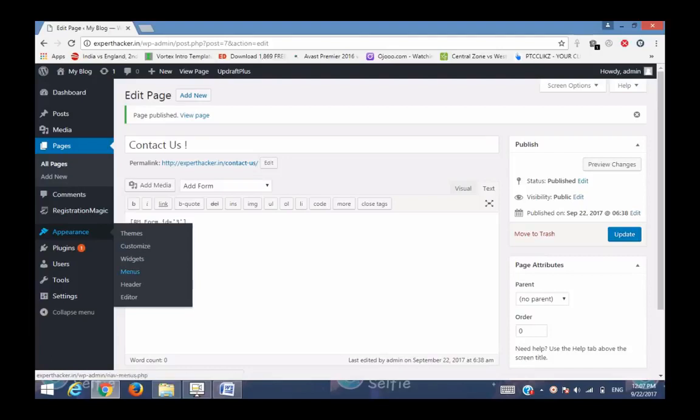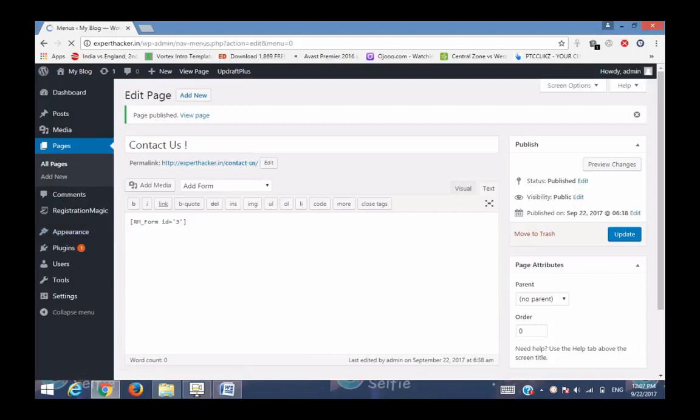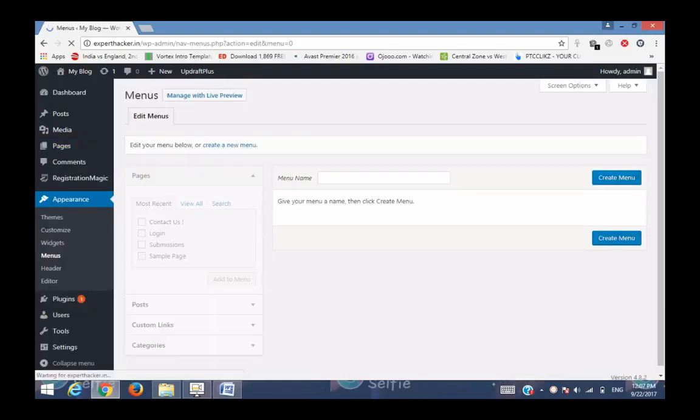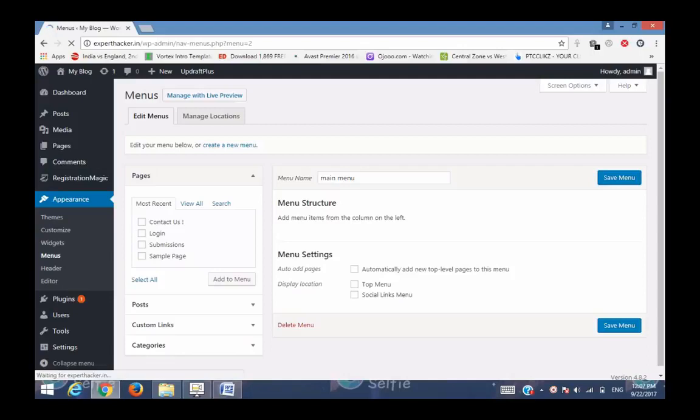Right now I'm going to add this page to the menu. So Appearance and Menus. If you have already set up these things, you don't have to do this. Here I have not set up any menu for this, so right now I'm going to add a menu. I click on it, Main Menu, and I add here the contact form that I created, just the Contact Us page.